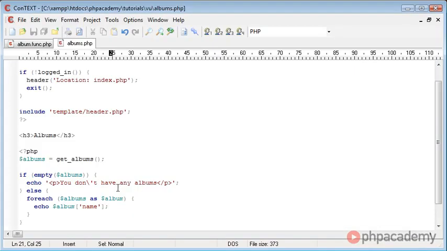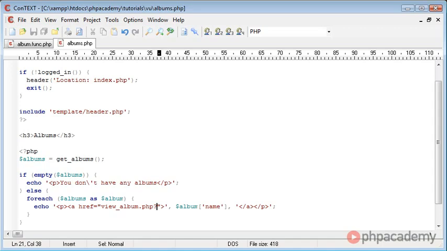Now let's go ahead and actually not just display out the album name, but display out some other data as well. So the first thing we want to do is echo out this in paragraph tags. We also then want to make the album title a hyperlink. So in here would go the title, so we can just say album name, and in here will go the link to view the album, and this is view_album.php,